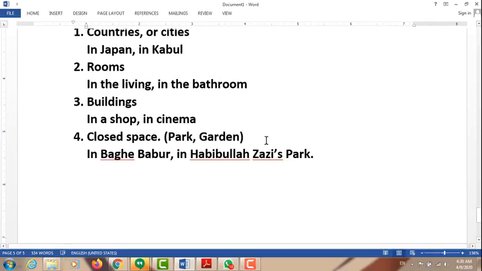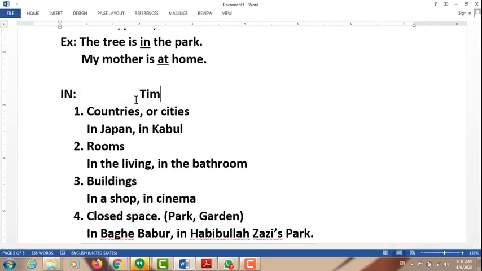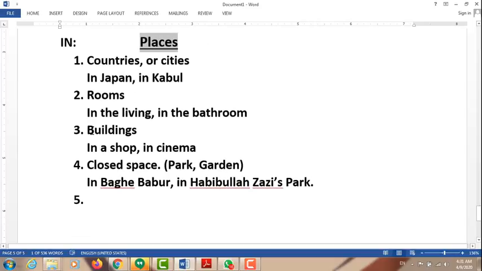Next one, number 5. Number 5, you also use it. So these were the usages for, let's say, places. "In" is used here for what? "In" is used here for places. For all these places you can use "in". Countries, rooms, buildings, closed spaces. Usually for closed areas you can use what? "In". And then the next usage is for time. For what? For time you can also use "in". For example,